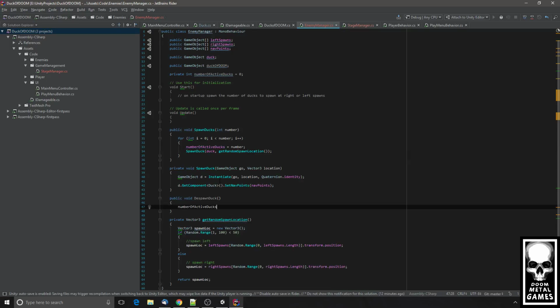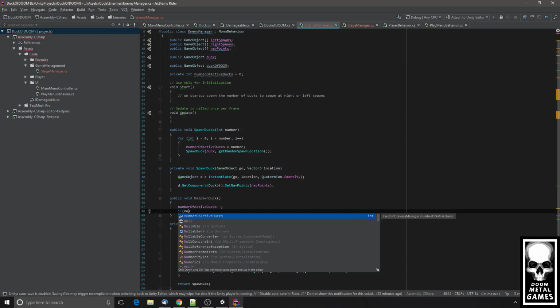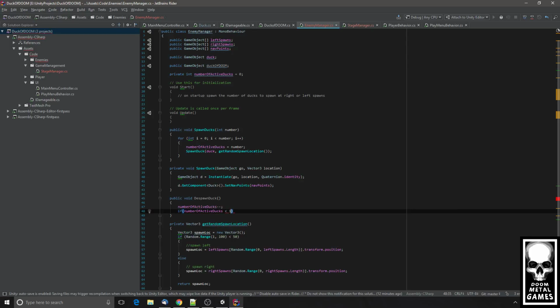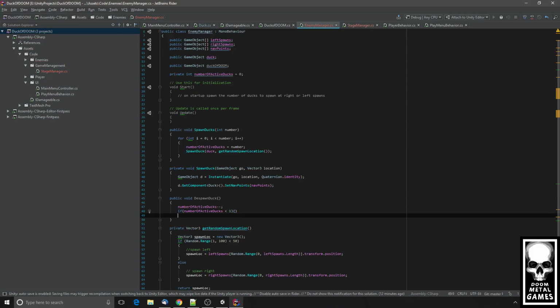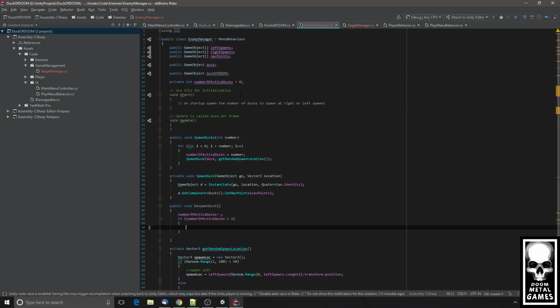And all this is going to do is decrement it. Minus means go down by 1. So if number of active ducks is less than 1, we should be able to tell the stage manager that it's time to start a new stage,